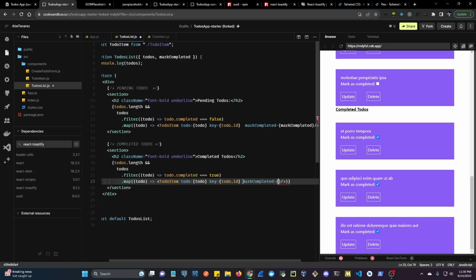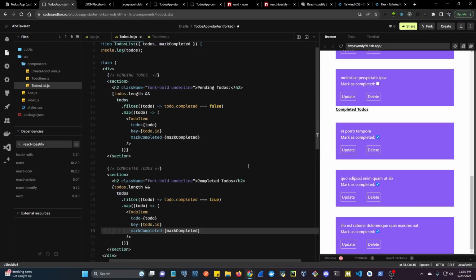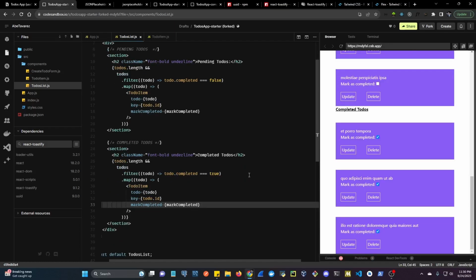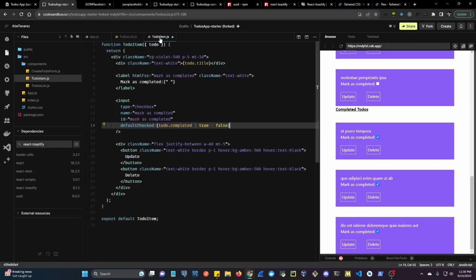We also need to pass it in here, because maybe you want to mark one of the to-dos back to pending, or not completed. So now that's saved. We're passing it to the to-do item in here and also in here, because these two are two separate lists, but they're rendering the same component. So we just need to go to the to-do item, receive the prop,